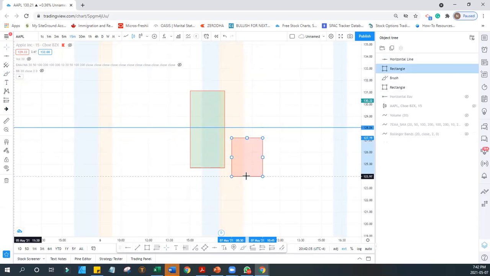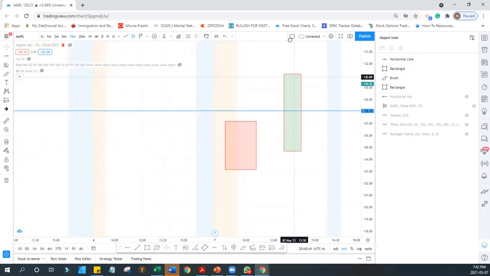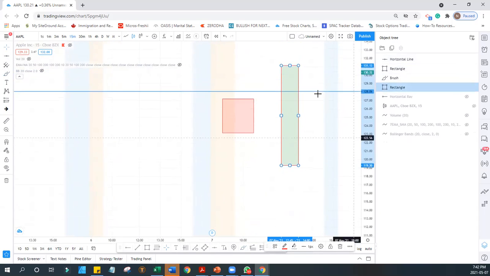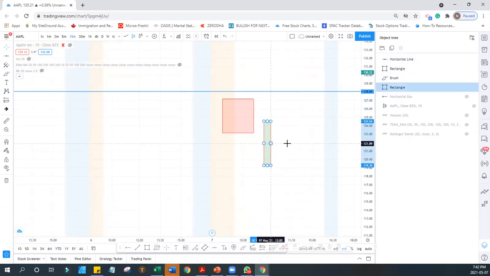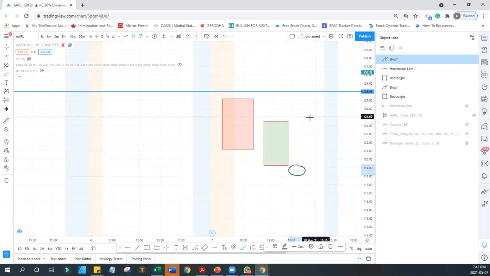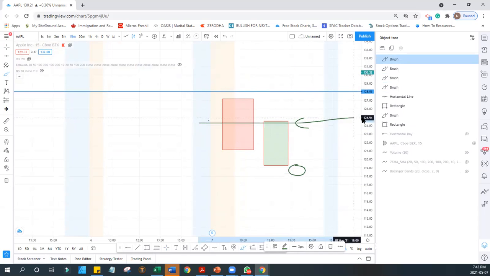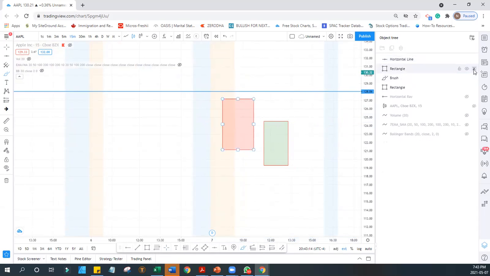If I was here and the price was here, I'm gonna make it. Why am I doing it from the one chart? Because then you can understand the difference, how the price works, how the price is gonna go. We're gonna check on the chart. Okay, so this was the opening of the green candle, this is the closing of the green candle. So it's piercing at least 50% of the previous candle. This is the bullish piercing candle. Okay, now after these things, I'm gonna turn off these two